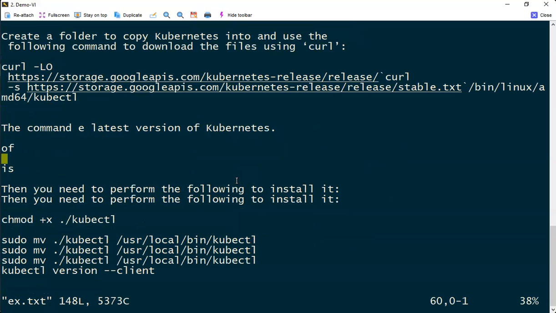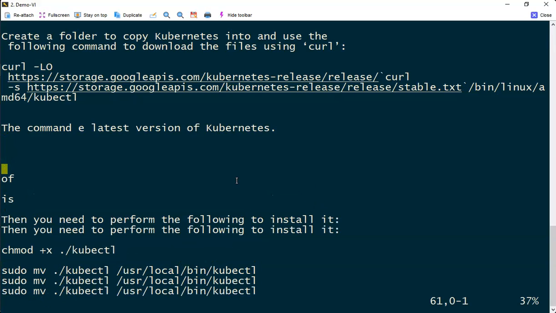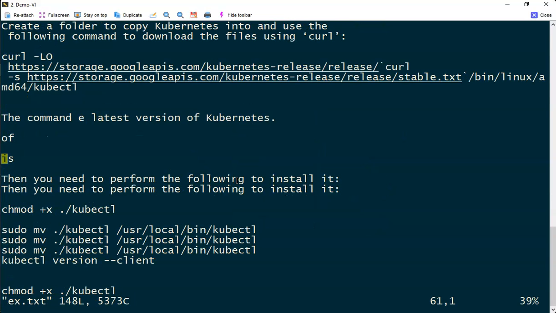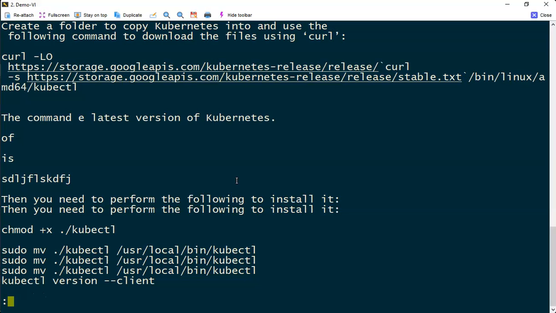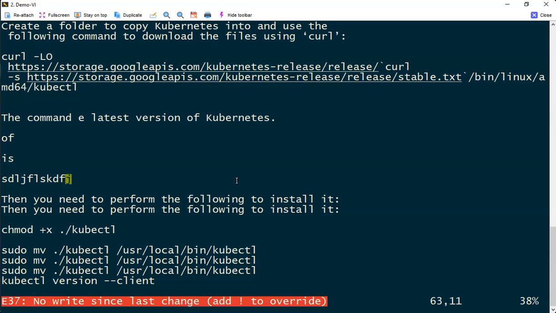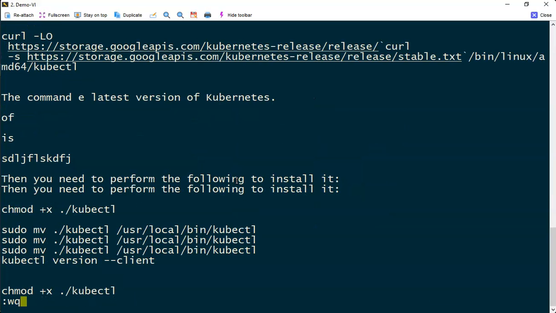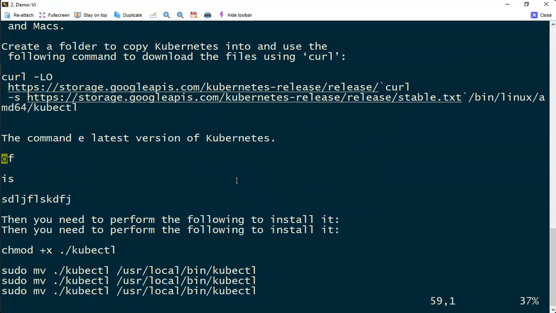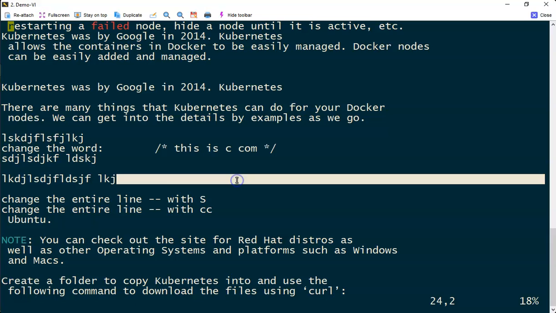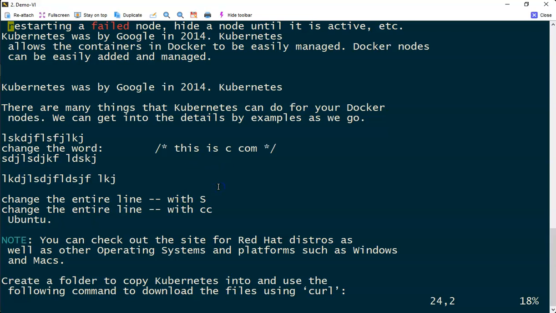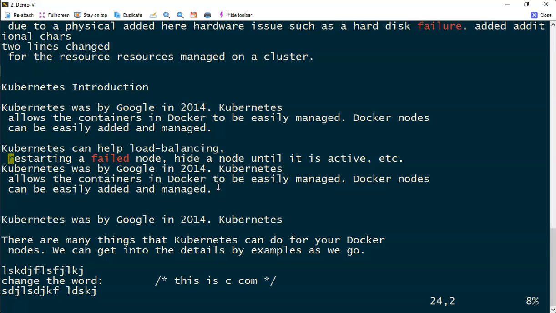Let's open this again. If I have done some changes and I am in escape mode, and I try to quit this, it says no write since last change. When I press Shift ZZ, it saves the file and exits. It is equivalent to WQ. So Shift ZZ is equivalent to WQ. And Z will redraw the window, where let's say I'm somewhere in the beginning and I moved my cursor somewhere here. Now if I type Z, it just makes that cursor point at the center of the screen.